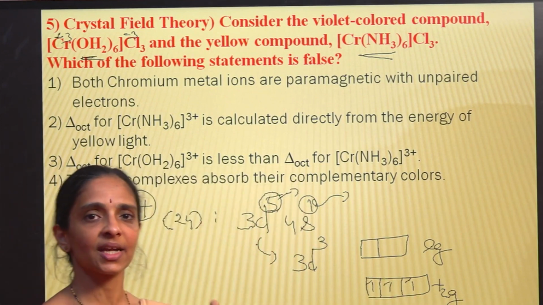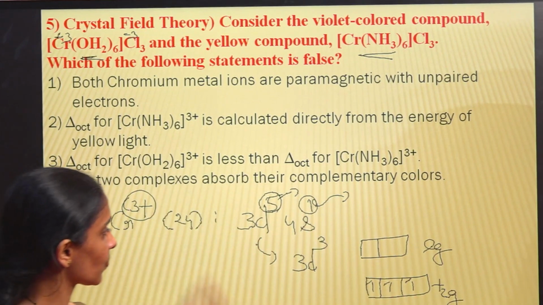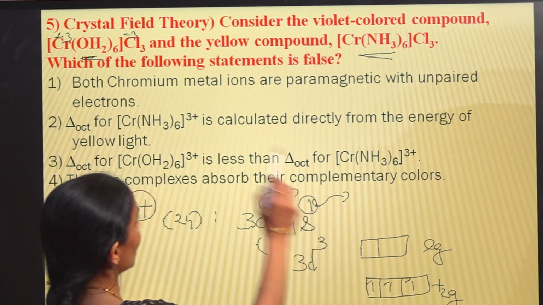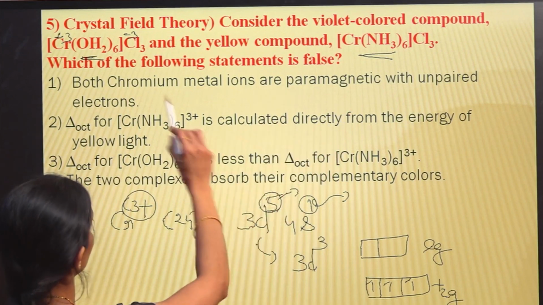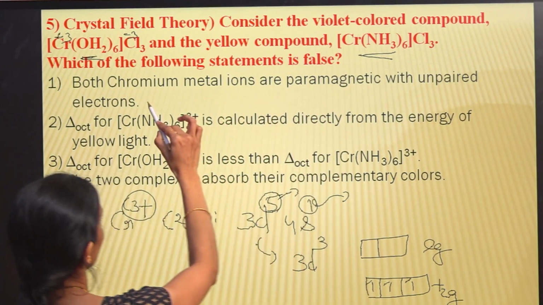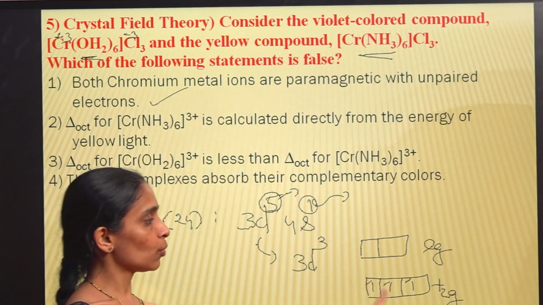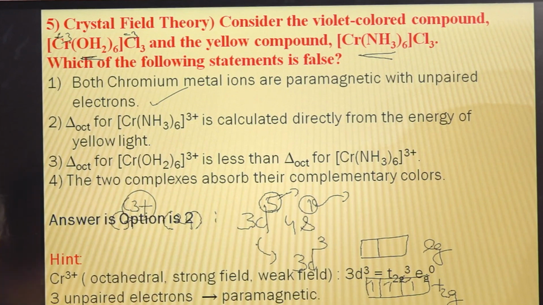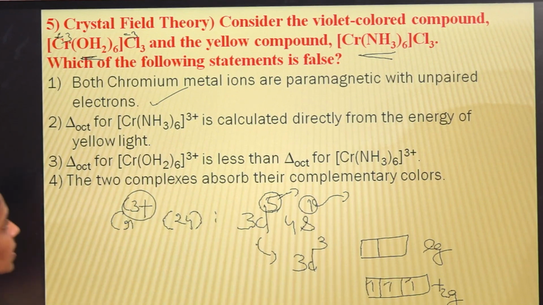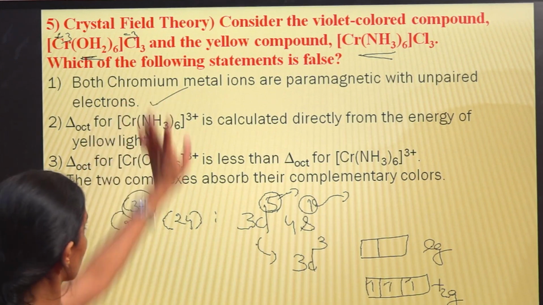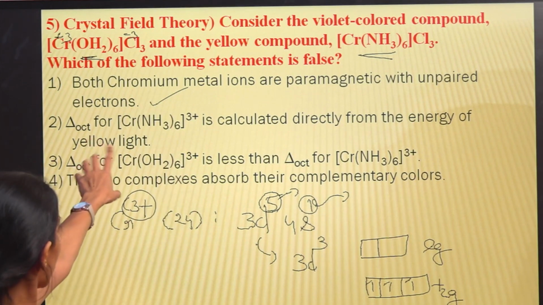The ligand type does not matter. So all the 3 are unpaired electrons, and that is why both the complexes are paramagnetic. Because of 3 unpaired electrons, the complex is paramagnetic. Look at the second statement. So this first statement is correct. Looking at the second statement,